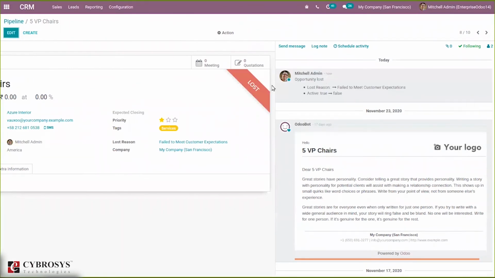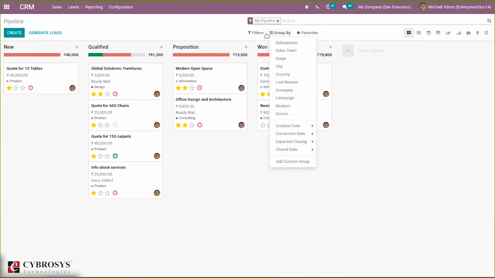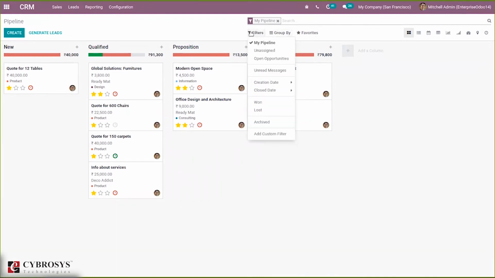When you submit, you can see a badge showing that this opportunity is lost. When you come back to the pipeline, you cannot find that opportunity because it is archived, because that opportunity is lost. When you filter opportunities, you can filter by those that are lost.